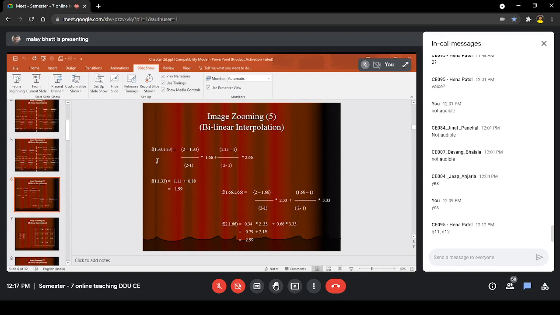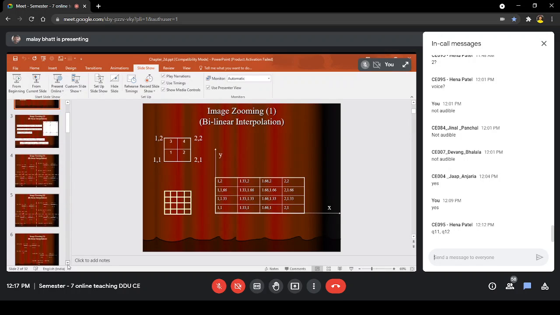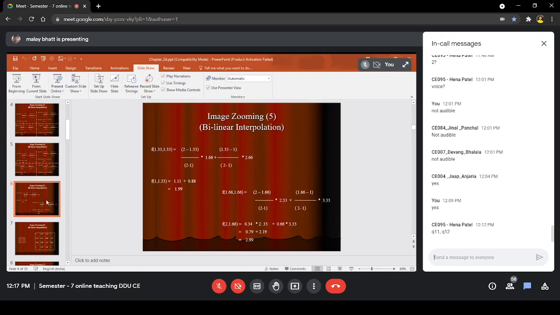So here I have given only 2. Not all points are given here. 1.33, 1.33 is given. Similarly, you can find out for other points. So it is 1.33, 1.33. Another is 1.66, 1.66. That is given clearly here.